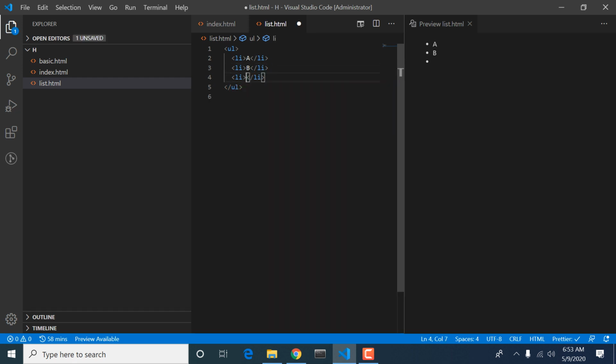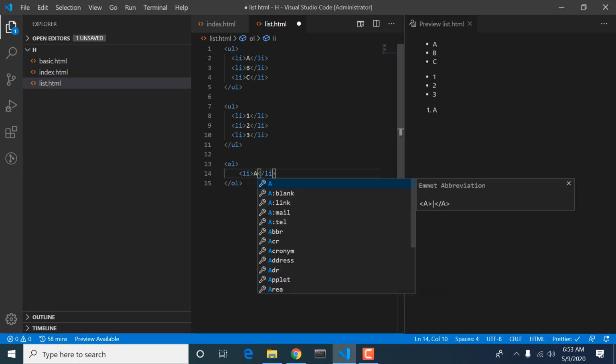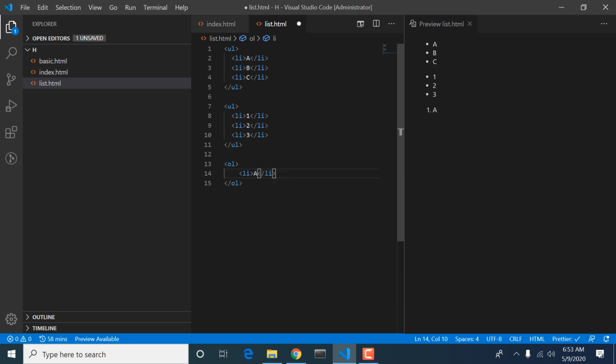Often we saw in our browsers that we have numbers from 1 to n, like in an ordered list, 1, 2, and 3. Ordered list is where we are generating some order. Here you can see that we have value 1 for a.